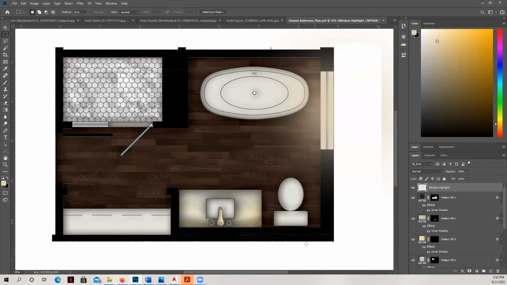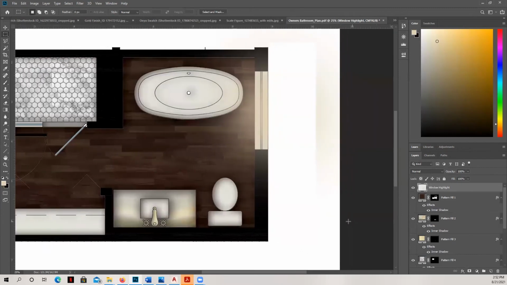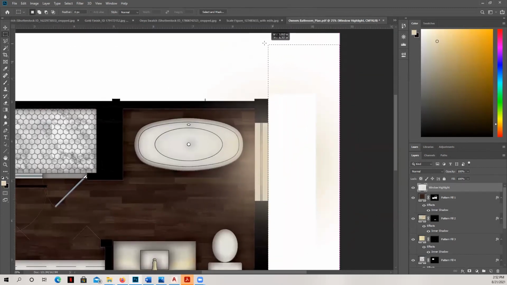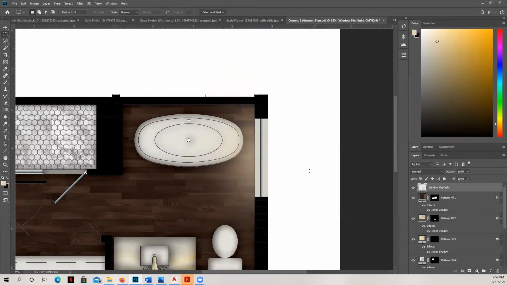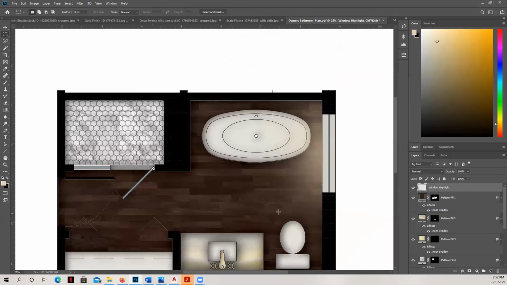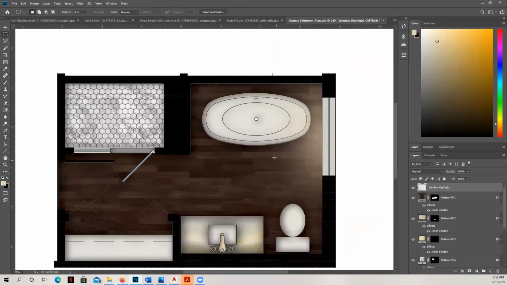So I'm just selecting and hitting the X button, Control X. You can see there's more I have to get rid of. And that gives an indication to the viewer that there's light coming through the window. And it's a really soft, really nice effect that just kind of adds some warmth to your plan.